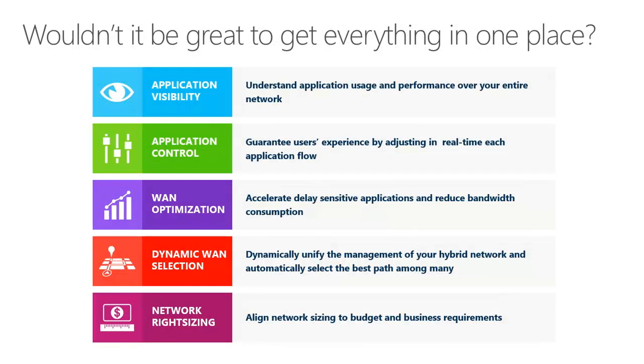Once we know what's going on in the network, we can really take control of it. We can put in place quality of service. We can get hold of the individual user application performance and make sure that the critical apps get the service that they need from all of the resources that are available to us, whether that's the internet or MPLS or however you choose to connect your sites together.